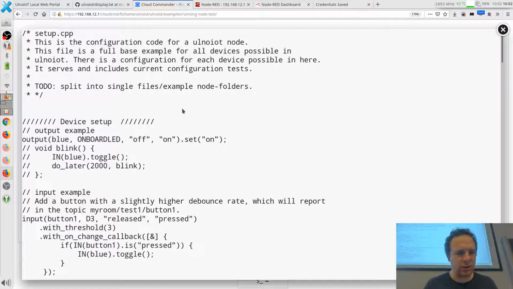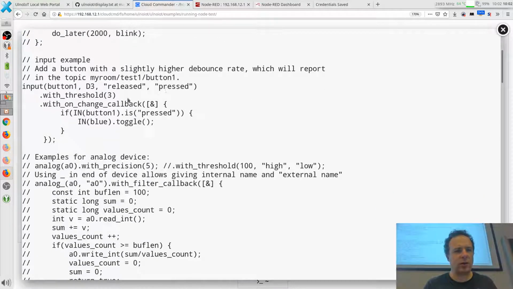And there you can see that there are some commands which allow you to put a callback on there. You see here is actually an on change callback. And now I can